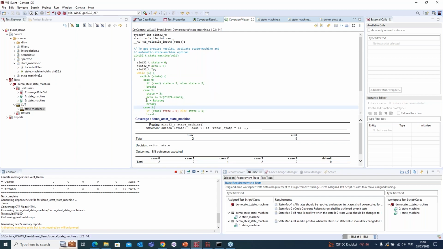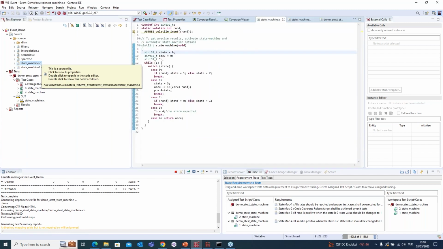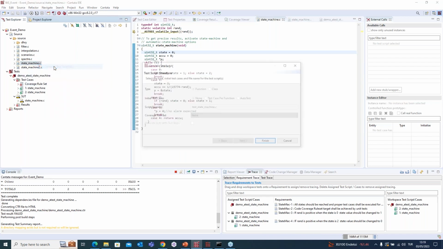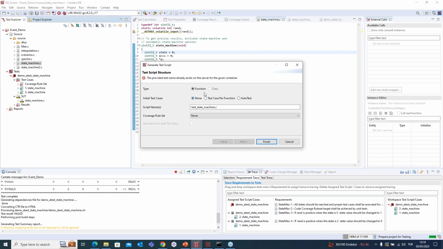At this point, what can a tester do? He or she can report as feedback to development that this needs to be updated. Or, as I know what to do and how to do my test, I can use the control flow features of Cantata to fix this problem. Therefore, I am adding another test script. This time, I am using a manual one, but again for ASIL D, and I am giving it a demo name.